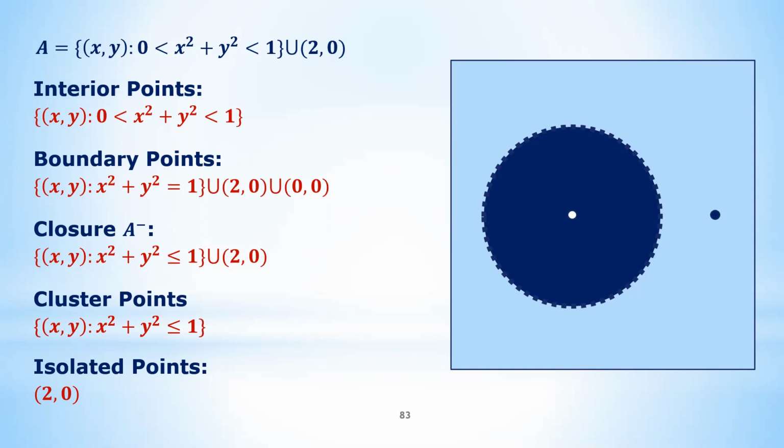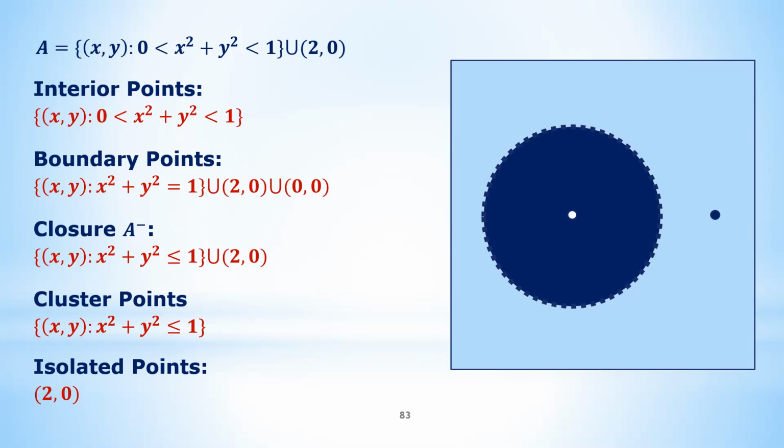The entire ball is also included. So you can see that any point which is inside this open ball, not including the center, is in the set of interior points. So that's the interior of this set. And the boundary points obviously include the boundaries, x squared plus y squared equals 1, also including the outside point (2, 0), and also including (0, 0), that's